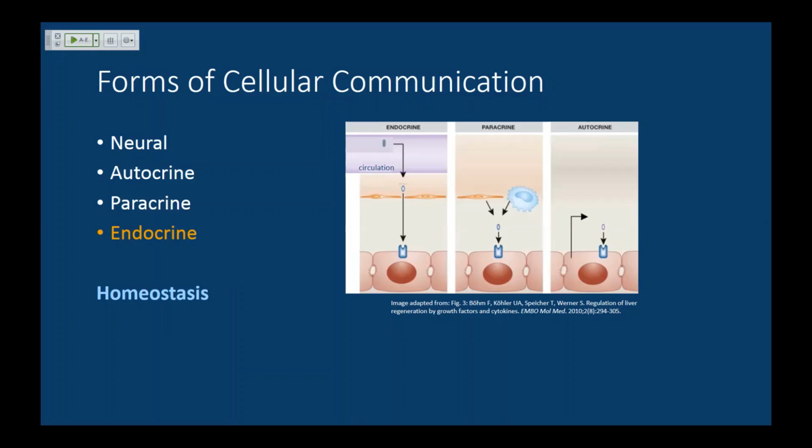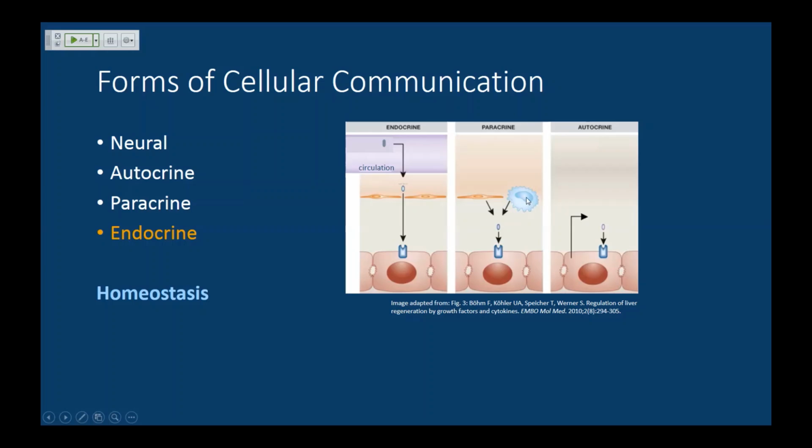So the endocrine system is part of a greater scheme that controls intercellular communication. In my last lecture, we talked about the nervous system, and that's one major form of intercellular communication. Today we're going to talk about a few more. Before we begin, let's talk about a few different terms. We have autocrine. That's a signal that's received by the cell that produced it. Okay, we have paracrine, which is based on diffusion.